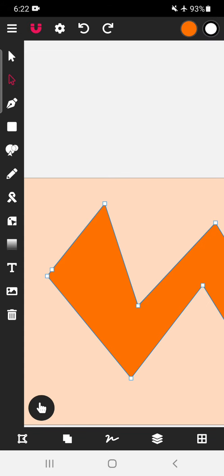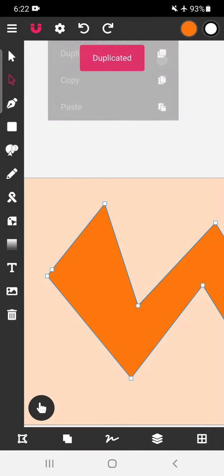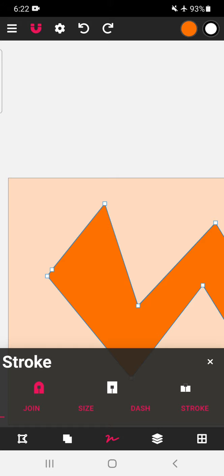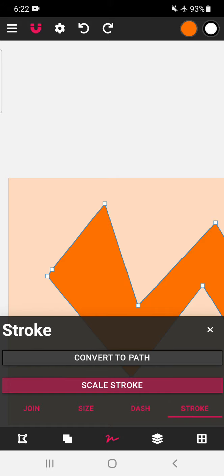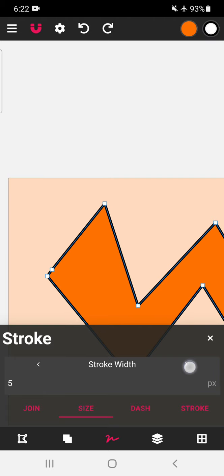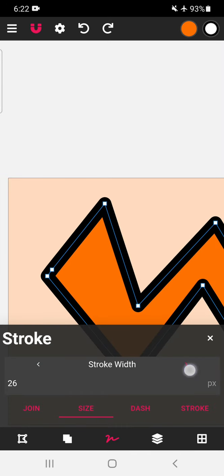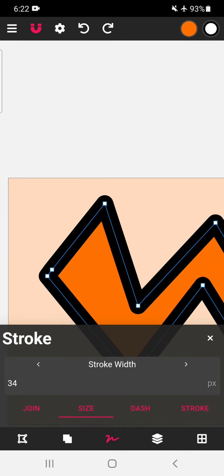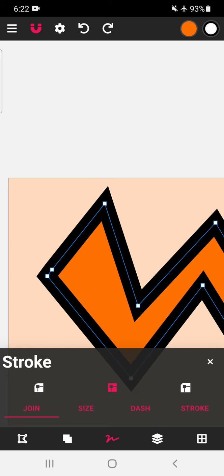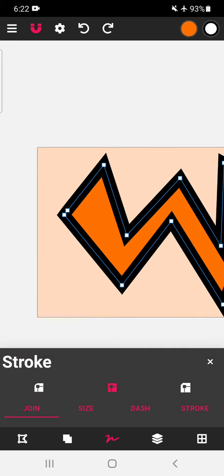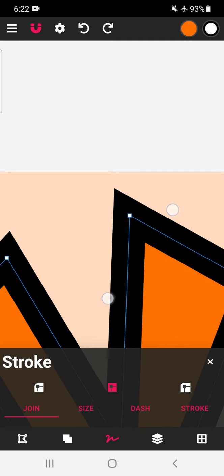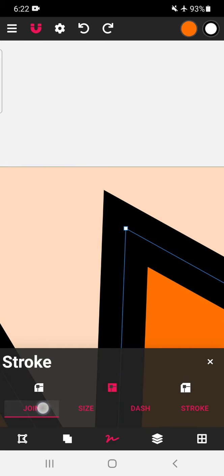The offset path which is outside, which gives sticker like appearance. To create that, just create one more duplicate copy. Stroke, stroke size, increase the stroke size. So outer path is getting ready. Click on this join, tap over here. Now in this example we can see the edges are sharp. This join option, and these are the options which make changes in this particular corners or joints.